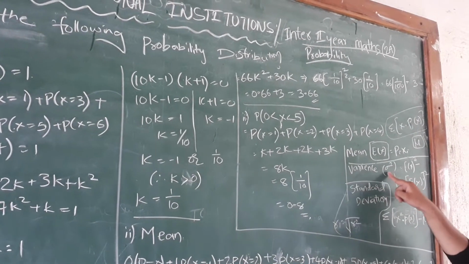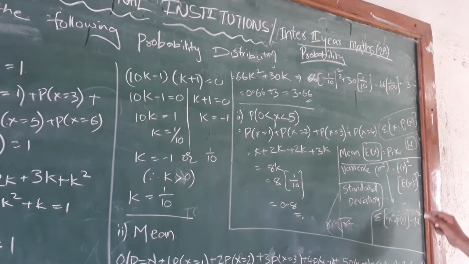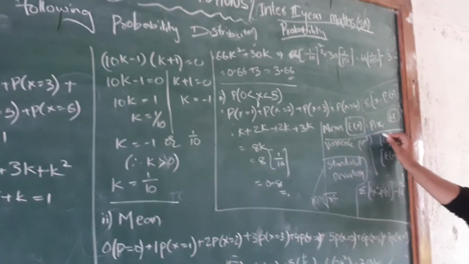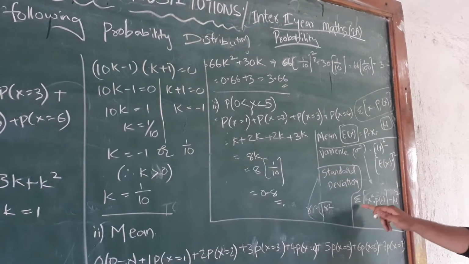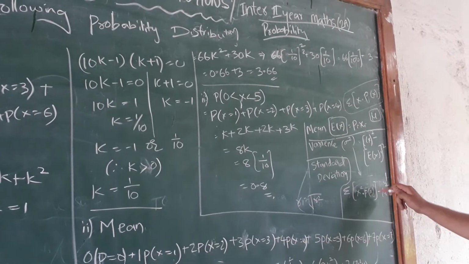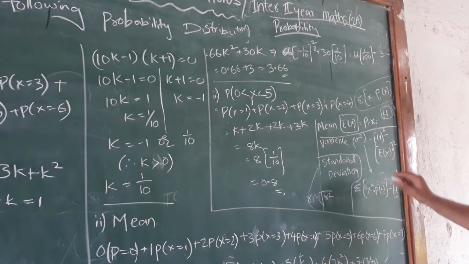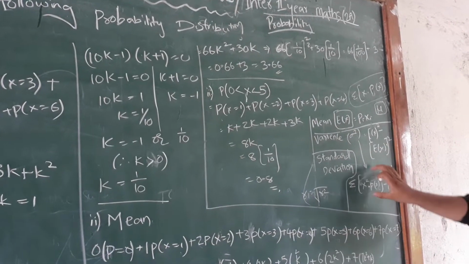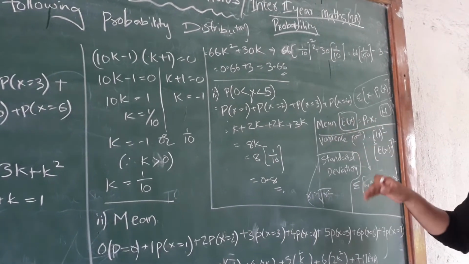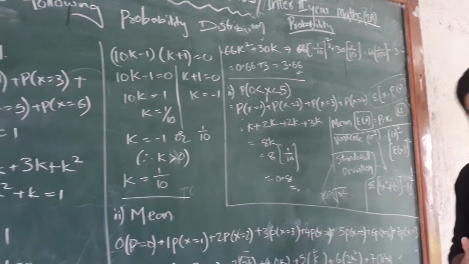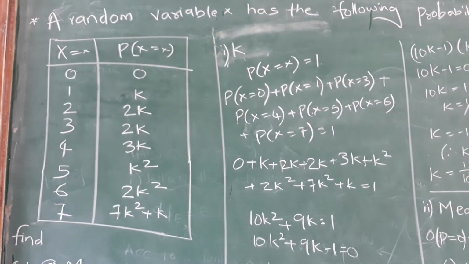Variance is denoted by sigma square. This is also sigma and others will also use sigma. The formula is E of x square minus E of x whole square, or summation of x square into P(x) minus mu whole square. Mu is nothing but the mean. Very easy. We will see this in a later class. Today we will be seeing the mean, and standard deviation I will be explaining in a later class. You cannot grasp all the things at one time. So now let's see the question.